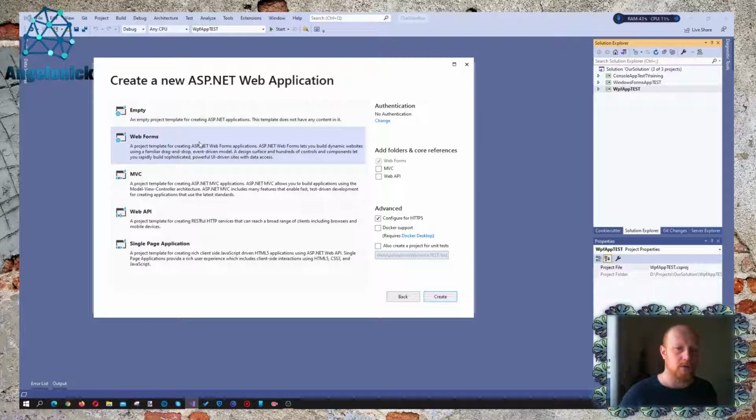Web Forms is this type of structure for web forms. MVC is the MVC design pattern, which will have a different structure. Web API is dedicated only to web services. Also, you can add a web service afterwards, even if it's Web Forms or MVC. Single Page Application is general